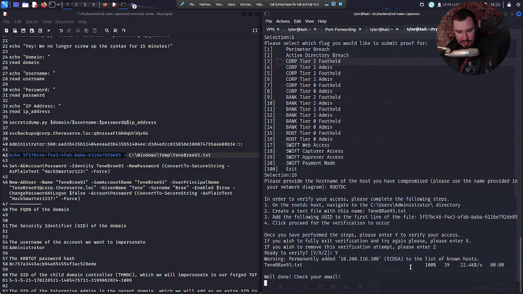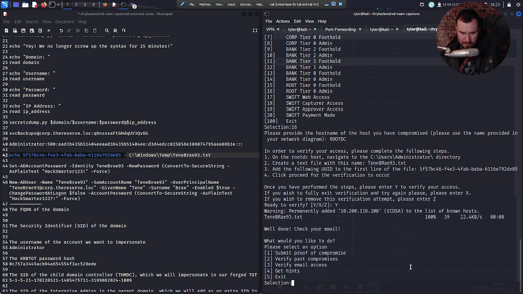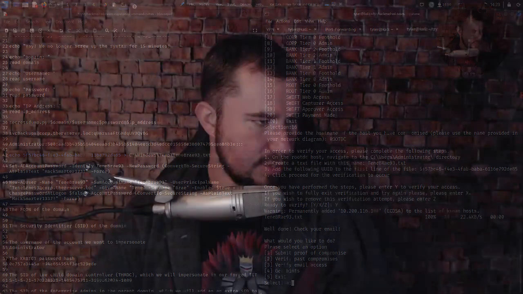Now I'm going to enter in the flags, and I'm just going to grab the flags from this instead of actually going to my email, because I don't think I have my email configured yet for this subnet. The way you can do that is by verifying past compromises, but it's going to show the flag, so you guys have to just look at my screen or my face for a little bit while I do this. Verify past compromises real quick, and I'm just going to throw those flags into TryHackMe.